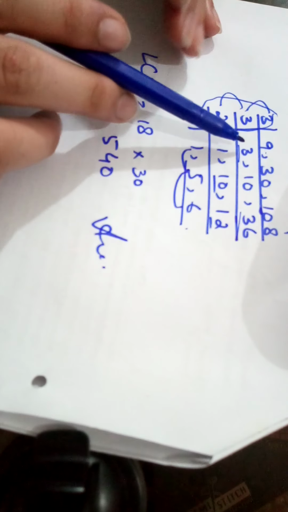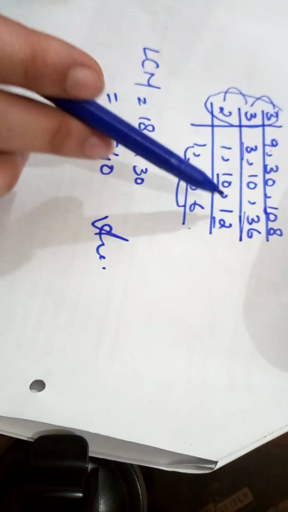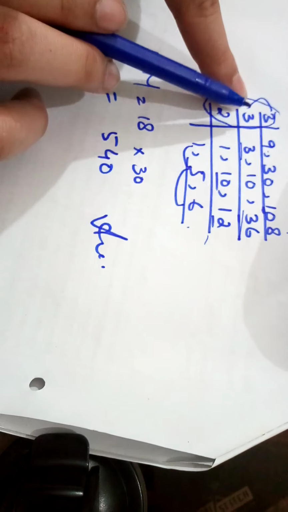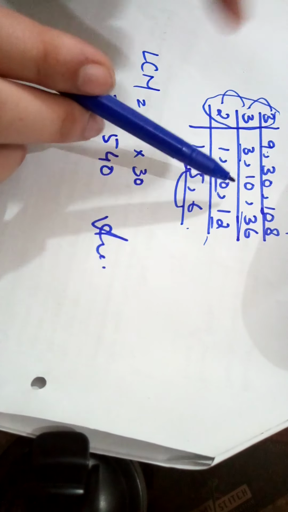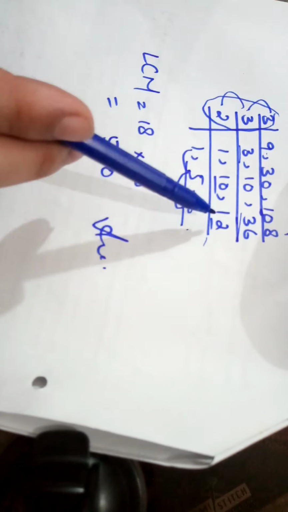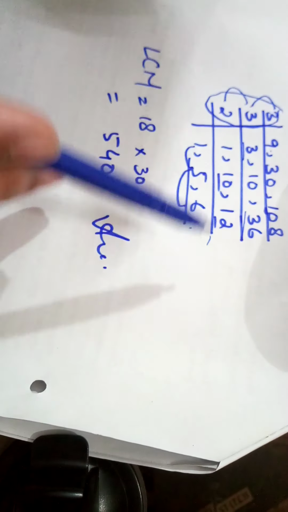So in the table method, there's one thing new for you. In the case of HCF we divide the terms only when all the terms, however many terms there are, whether 3 or 4, come in the same table. But in the LCM, even when two terms have a common factor they will be divided in the same table, and we just continue the question.